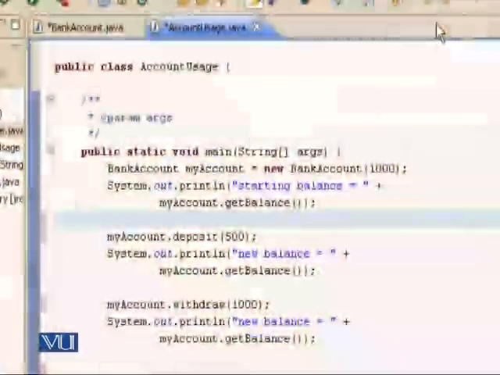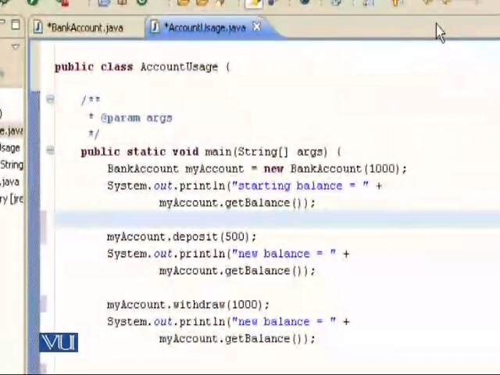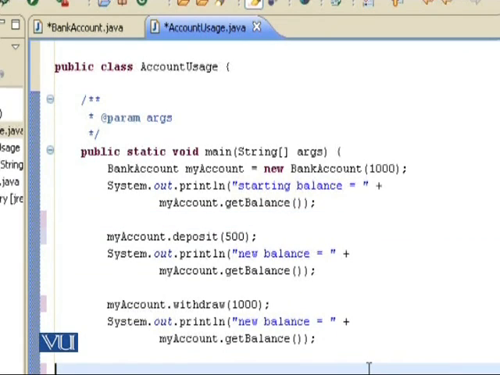Now let me take you back to the program, and then let us write another function which uses this very simple class, and then we shall see some results there. Here is my class account usage. In this class, I have my main method, the public static void main, String args, and in that main method, I have created my account. So bank account, my account is of type bank account, and I have just created it with this